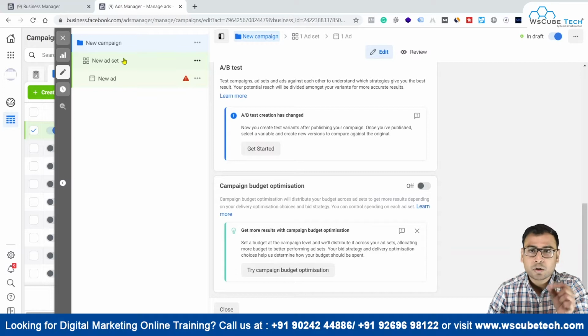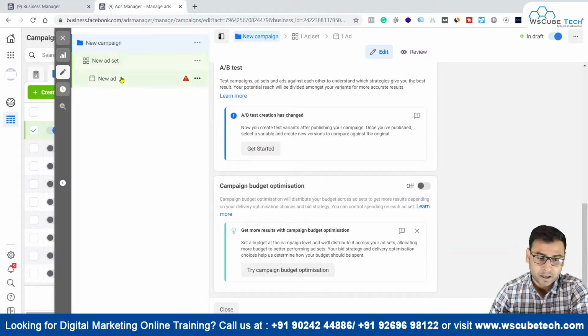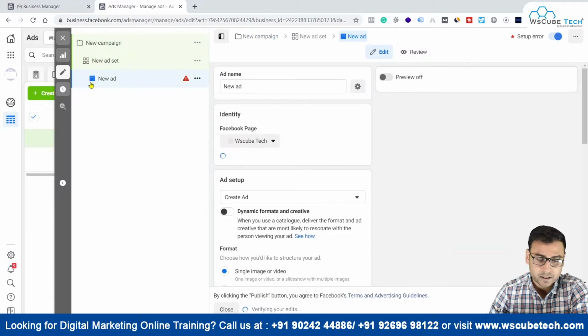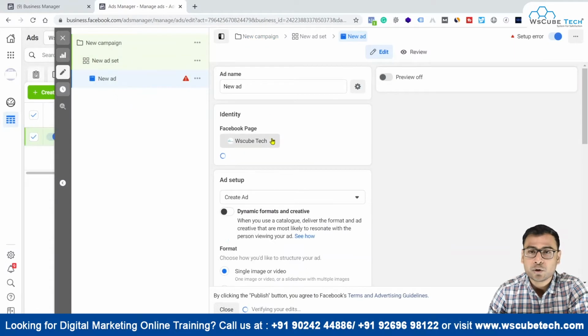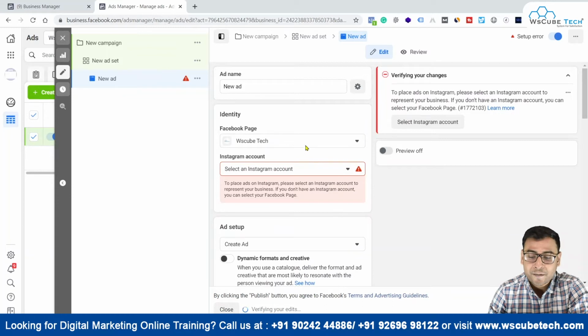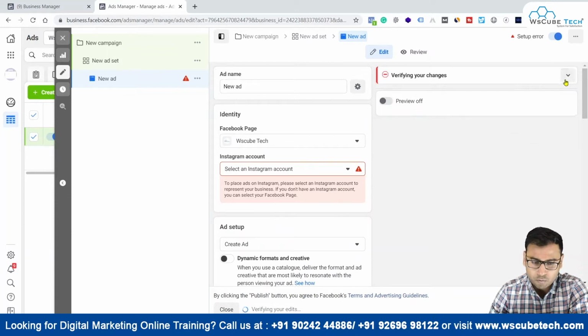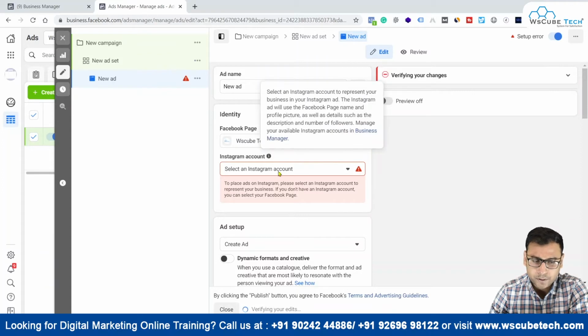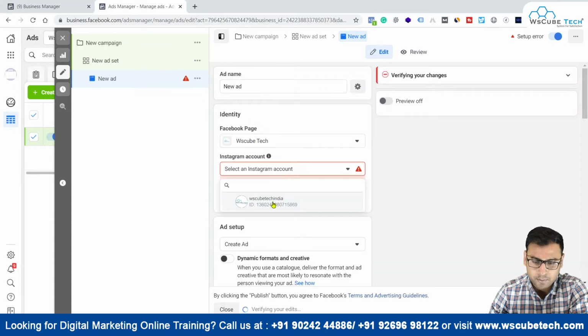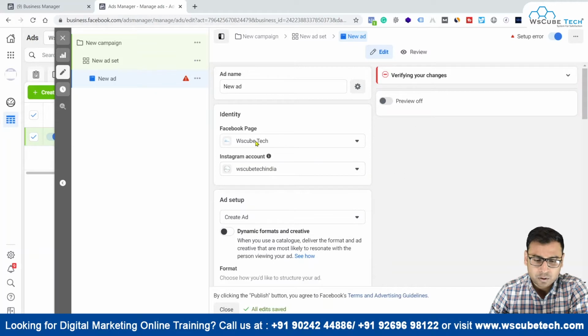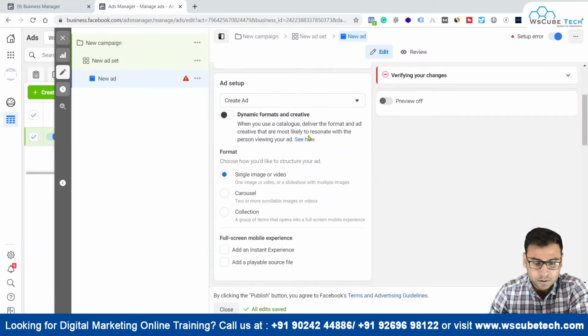So once we are done with all these kind of settings at our ad set level, now we will move ahead towards this ad section, right? And this ad section is basically where you are actually going to create your creative, right? So what you have to do over here is, as soon as you come over here, you have to select your Facebook page, and along with that you have to select your Instagram account, right? So let me select this Facebook page also and Instagram account also, and then if we come down,